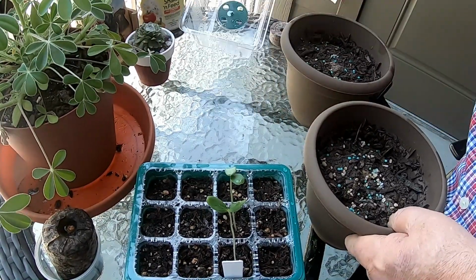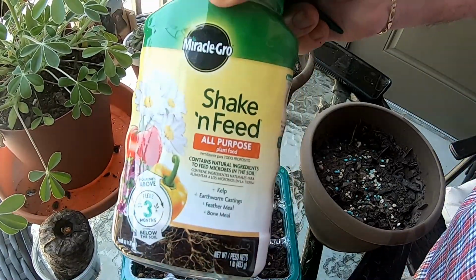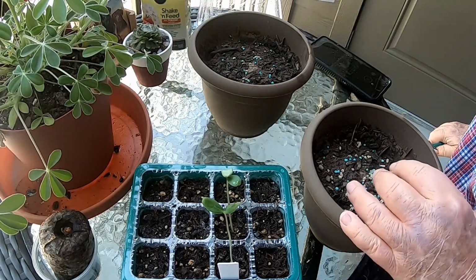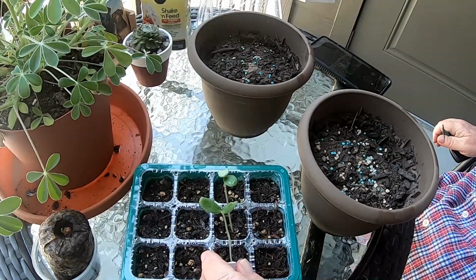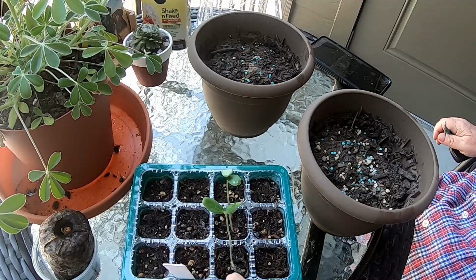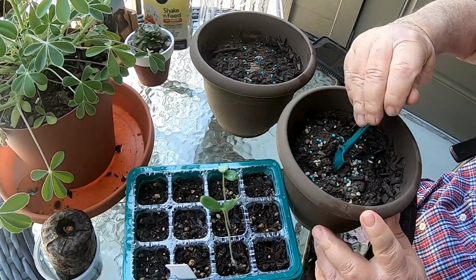And again, I put a little bit of this Miracle-Gro Shake 'n Feed, not much. I'm using Miracle-Gro potting soil, and it says that it's fertilized for 6 months. So I don't want to burn anything, but I just want to give it a good advantage. So these, I'm going to start